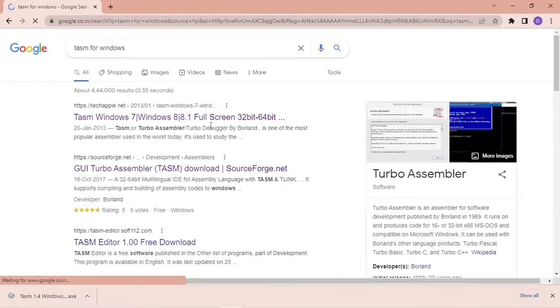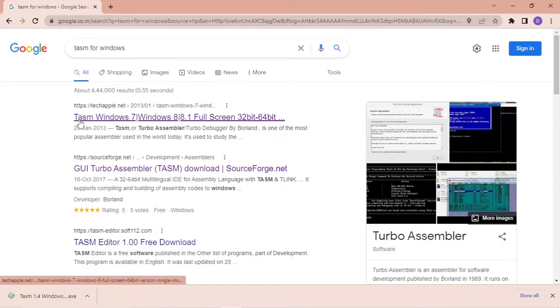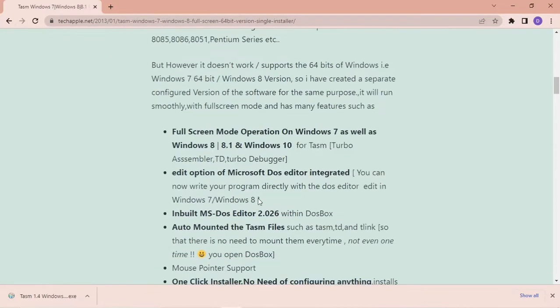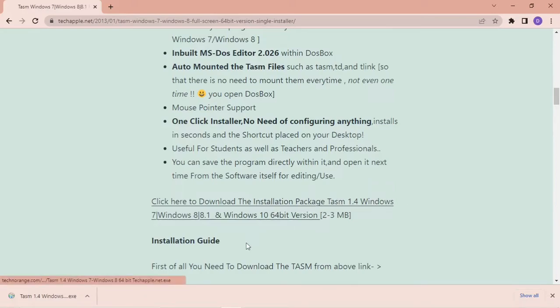As soon as you write TASM for Windows, it should show you this particular link on the screen. You click on that link, it will take you to this page, and from here you can actually download that TASM software, which you can use to compile, link, and execute 8086 programs. So you should see this particular link. If you simply click on this link, it might not download